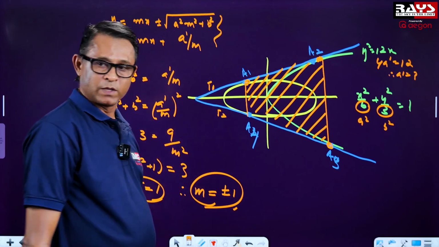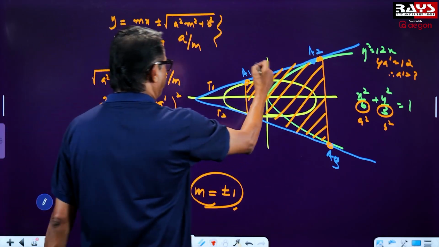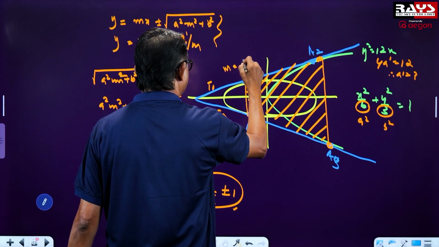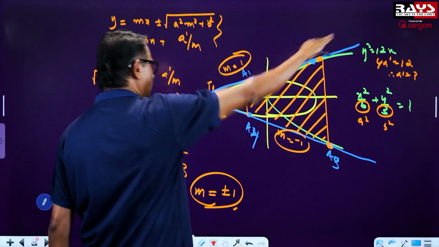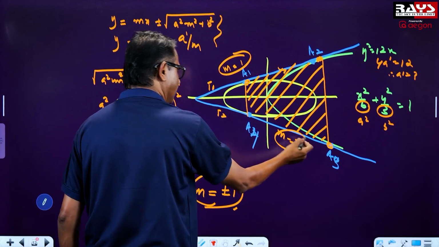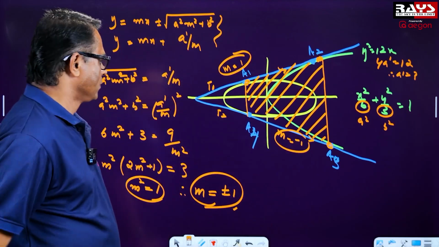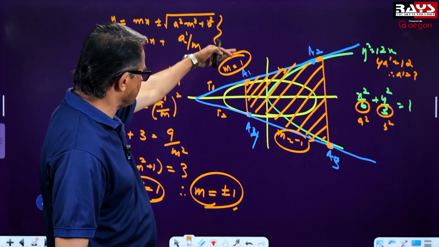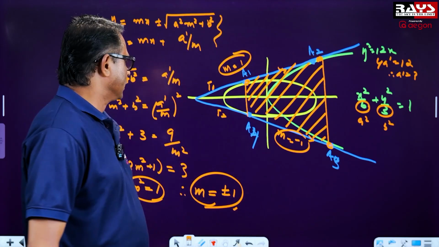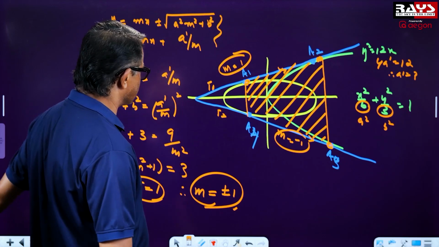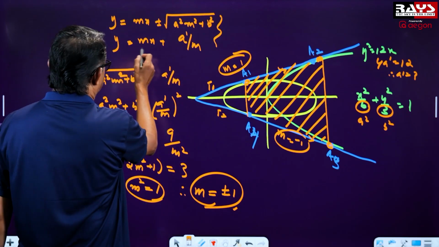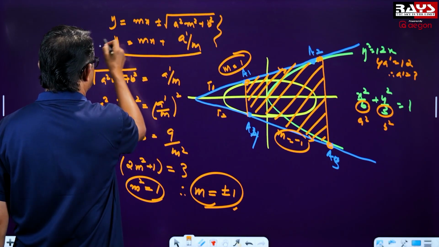getting 2 tangents. So the slope of this tangent is 1 and the slope of this tangent is minus 1, because this is going upwards, this is increasing, and this is what? Decreasing. So for the tangent above the x-axis, it is positive, that is m is equal to 1, and this tangent is minus 1. So we got the value of m is equal to,